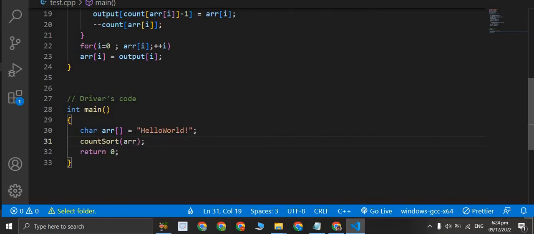And now we will cout the sorted character array is